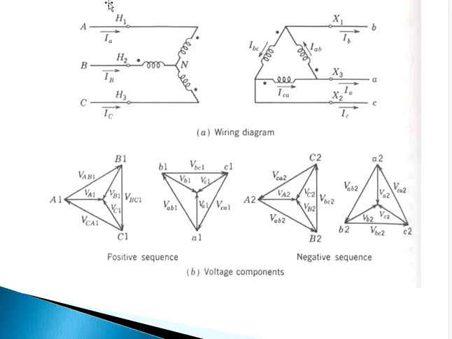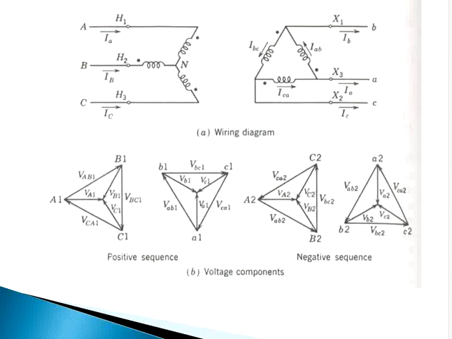Now, my terminals, as per the ANSI standards, ANSI means American National Standards Institute, have been given H1, H2, H3. And my secondary terminals, LT side, it is capital only: X1, X2, X3. This first one X1, X3, X2. Now, what they are saying is that when you compare the primary and secondary phase voltages, when it is connected in star delta, then a 30-degree phase shift will be there.